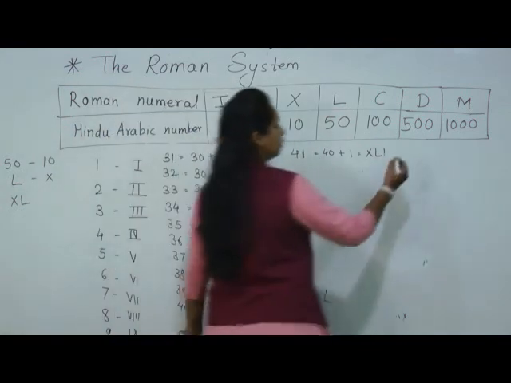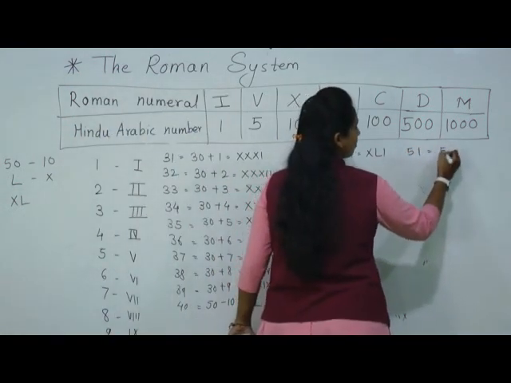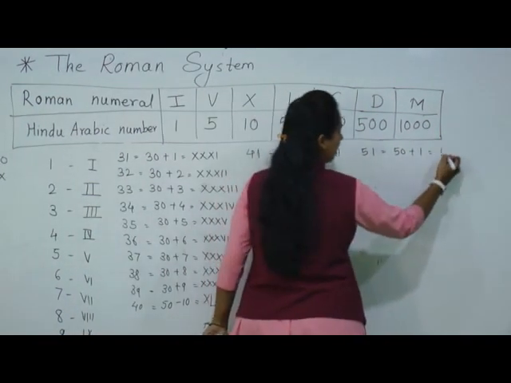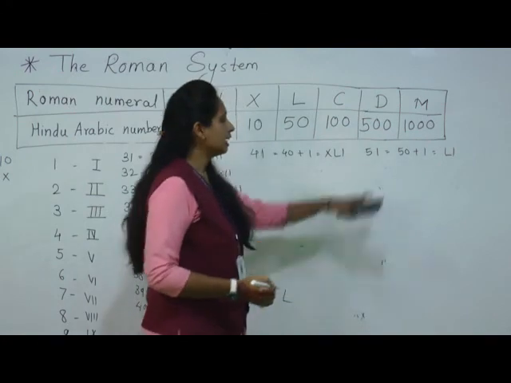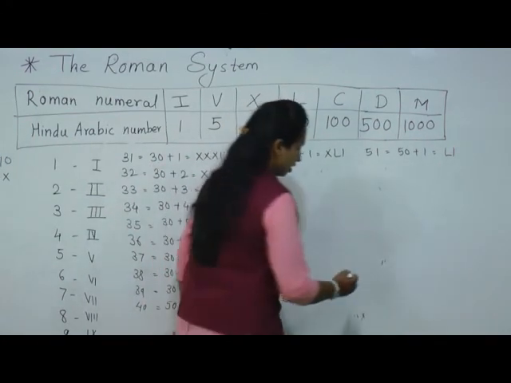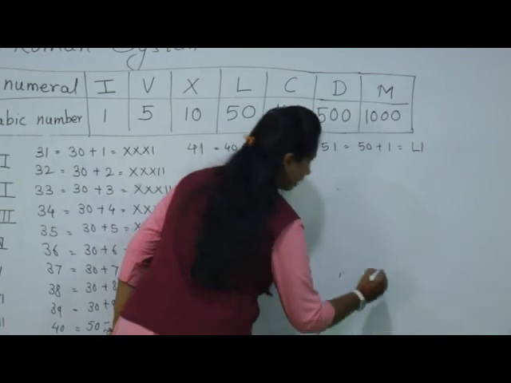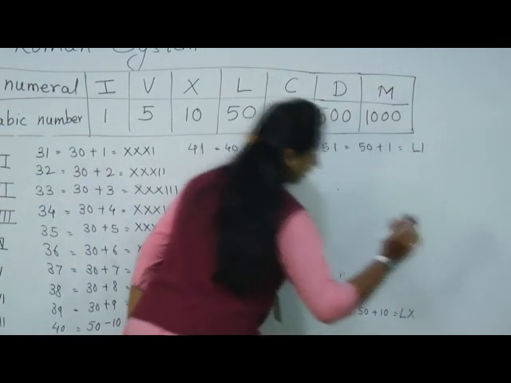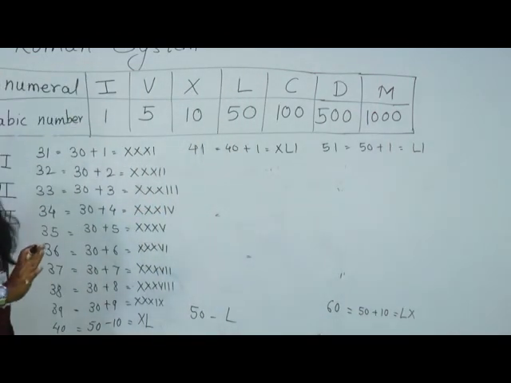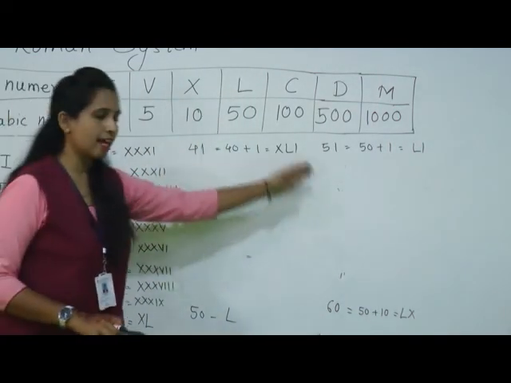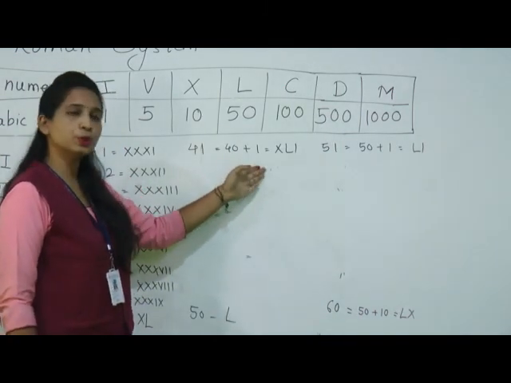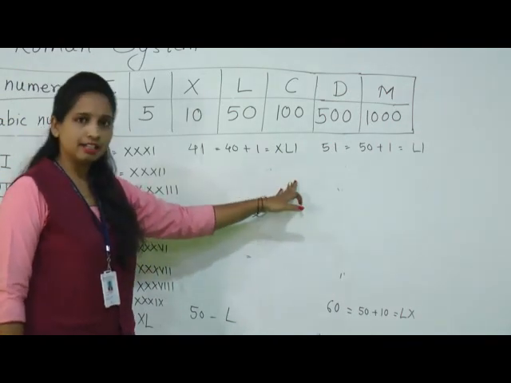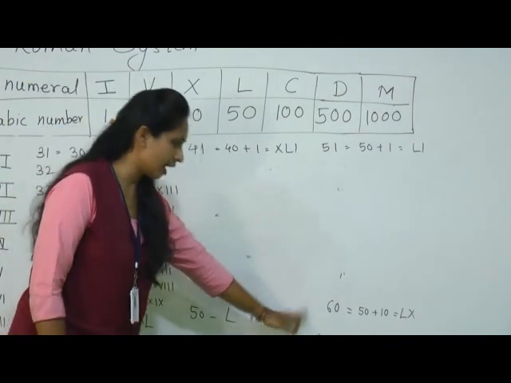Now when you want to continue to 51, see, 51 means 50 plus 1. 50 value you know is represented as L and 1 means I. Continue the same. Okay. So what will come till 60? 60 means 50 plus 10 is 60. So L and X. Are you getting, students, what I am trying to tell you? In between, the same values will come. Just add 2 and write 40 as XL, 2 as double I. Okay. Continue the same way.